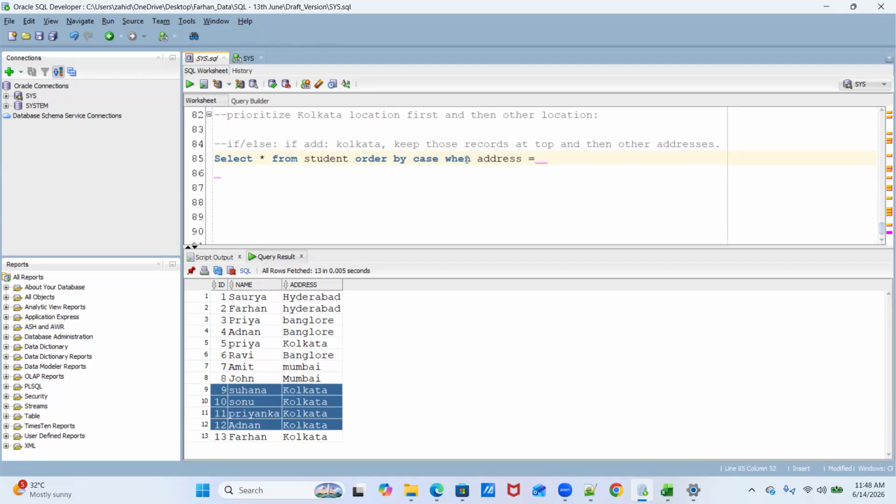Sorry, I said filter, it's sorting. So I'm mentioning order by case when address is equal to Kolkata. I'm intentionally saying Kolkata. Then one, that is at top, else two.